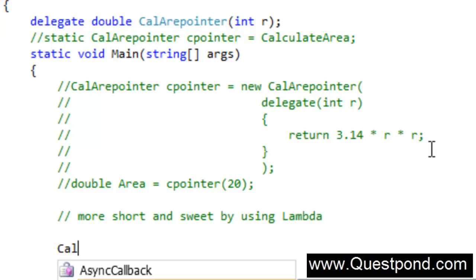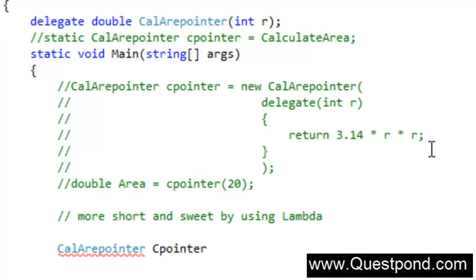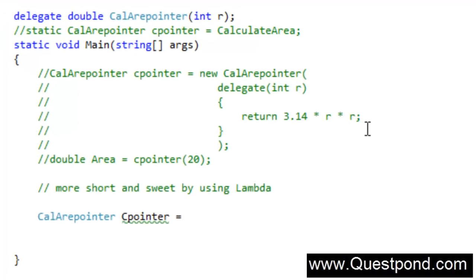So the first thing is we'll say okay, Cal R pointer, C pointer, and we'll declare a variable here called R, and after the R we have to type R and then say equal to greater than sign, 3.12 into R into R. Okay,